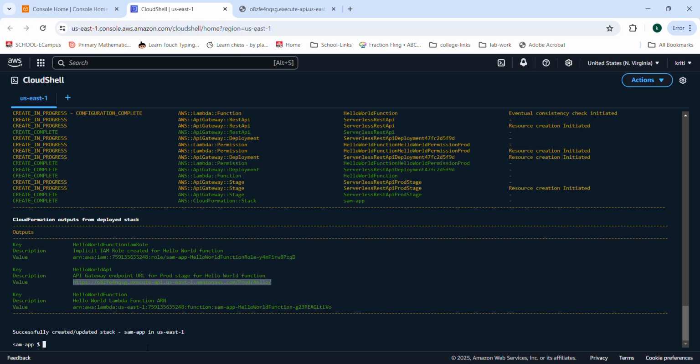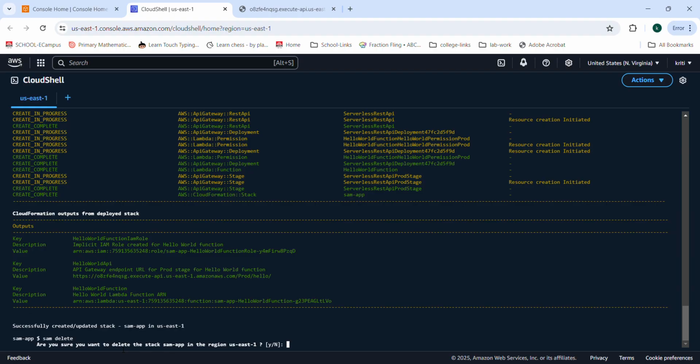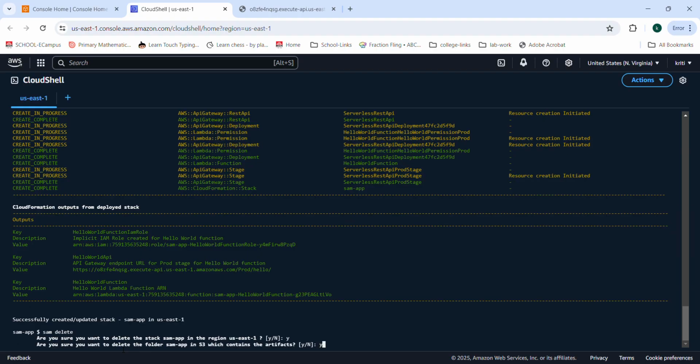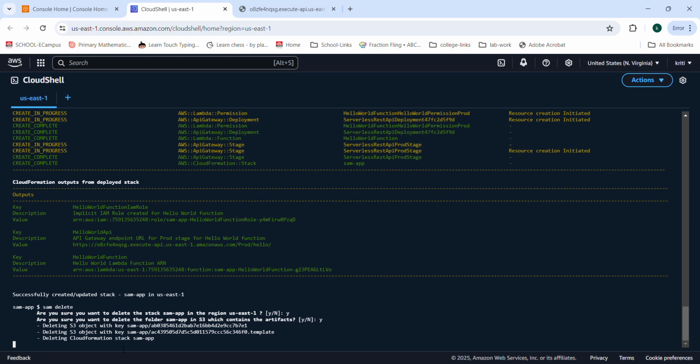Now we need to undeploy the same. So how will we do that? We will write sam delete. It will ask you for assurance, so you can say yes. So it is deleting from the S3 bucket, which we have already studied, the storage bucket.